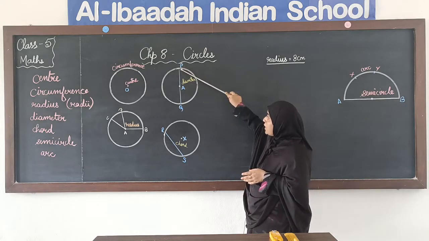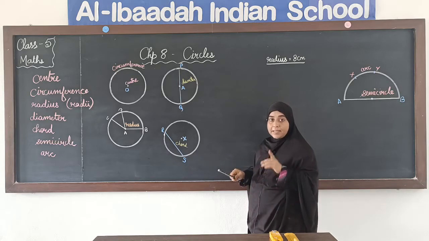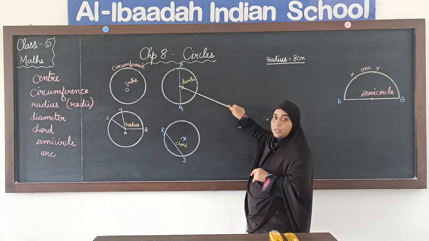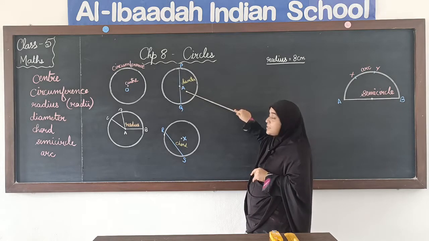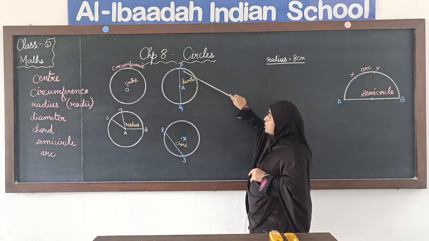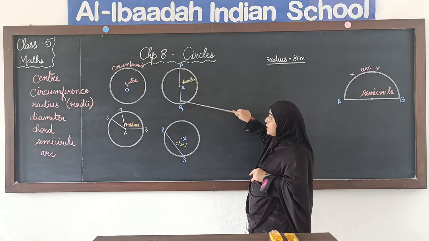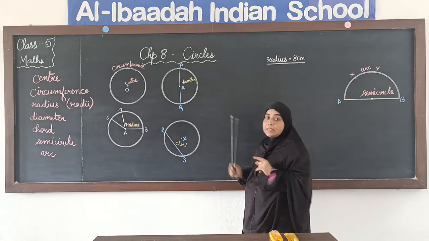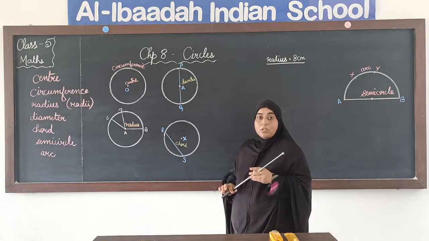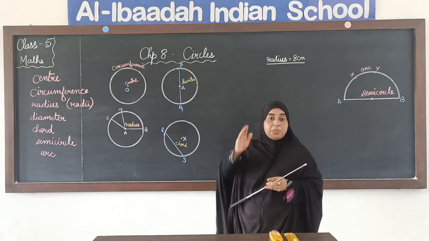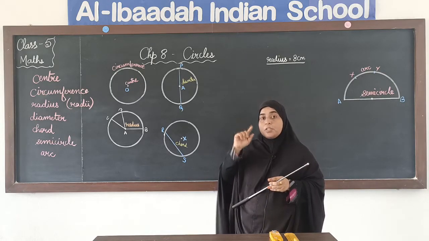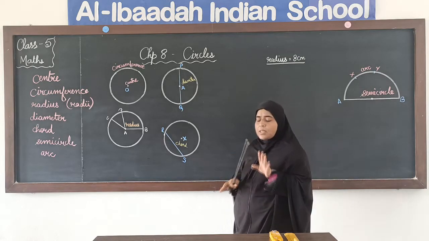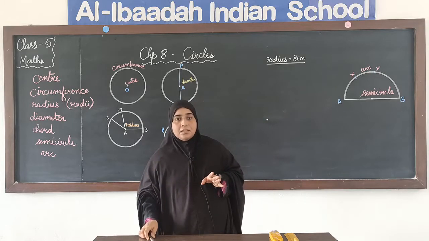So, this line is joining these two points and at the same time it is passing through the center of the circle. Now, center is A, right. For this circle, center is A. So, this line PQ is touching two points on the circumference and it is passing through the center of the circle. Okay. So, these type of lines which pass through the center and join the two points on the circumference are called diameter. Okay. So, a circle can have how many diameters then?